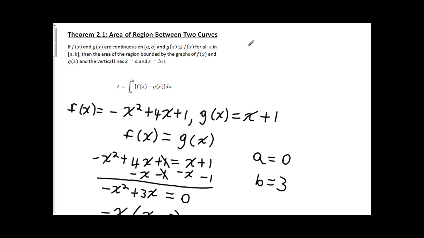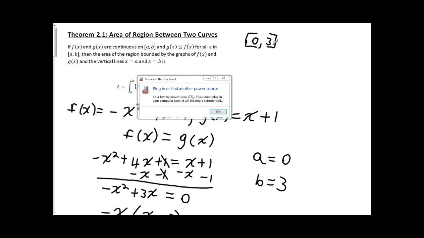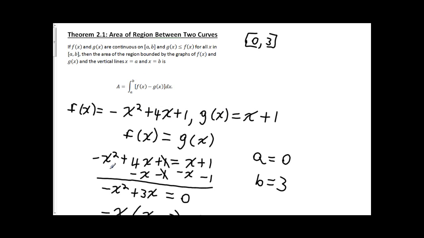this interval. And on the interval from 0 to 3, I'm going to choose a number on that interval, and plug it into both functions to see which one gives us the larger value. The number I'm going to choose from this interval is the number 1. So 1 is a number between 0 and 3. So I'm going to plug that number into both f and g to see which one is the larger value, because I need to know on the interval from 0 to 3 which one is larger, f or